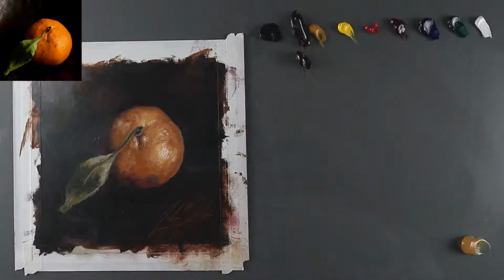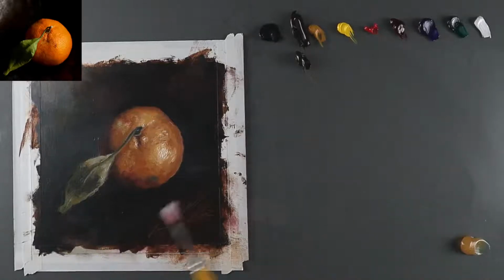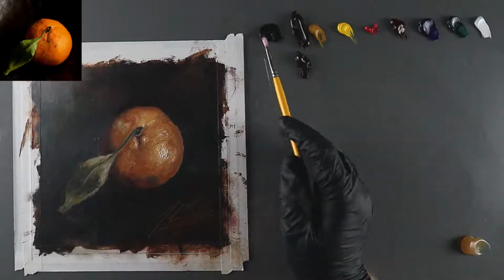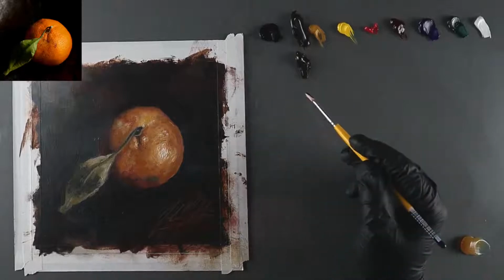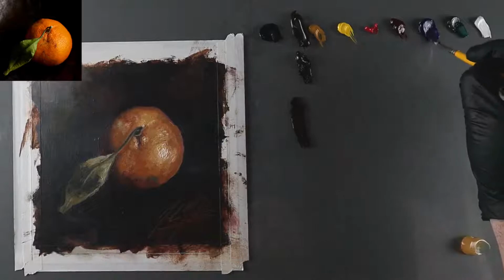So now, I'm going to start background to foreground, and I'm going to go through and begin working up my final colors, okay? So, it's going to look something like this. So I already see the gray in this area does okay. I think I want to do a little bit bluer of a gray, right? So there's a couple ways I could do that. I could just do black and white again and just add a little blue to it, but I think I want it to lean a little more towards gray, so I'm going to grab burnt umber and ultramarine blue